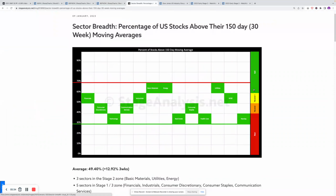borderline at the moment. So we move on to part of the forest to the trees approach in Stan Weinstein's method, which is to look at what's going on when we've got favourable conditions in the market, or neutral or favourable conditions, so either in a stage 1 or a stage 2 environment. So we're in a stage 1 environment. We then look down to what's going on in the sectors, what's going on in the industry groups, before then diving into the individual stocks. It's a top-down approach. So next up, you have the sector breadth, which I covered yesterday in the blog post